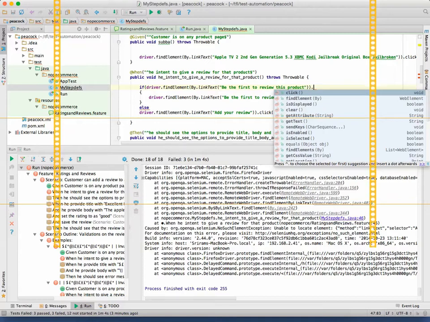Otherwise, through an exception, no such element found. Okay, so we should be 100% clear. This is directly where we are hitting on the element, and giving that as this one. So we don't have is present or is existing, like in Selenium IDE, we don't have a command called is present. Why? Because there's a big thing behind it.